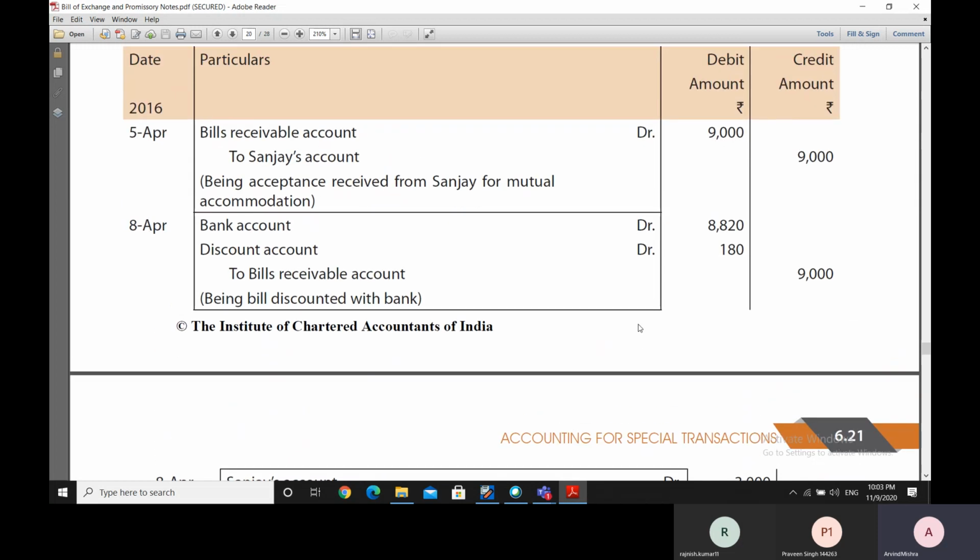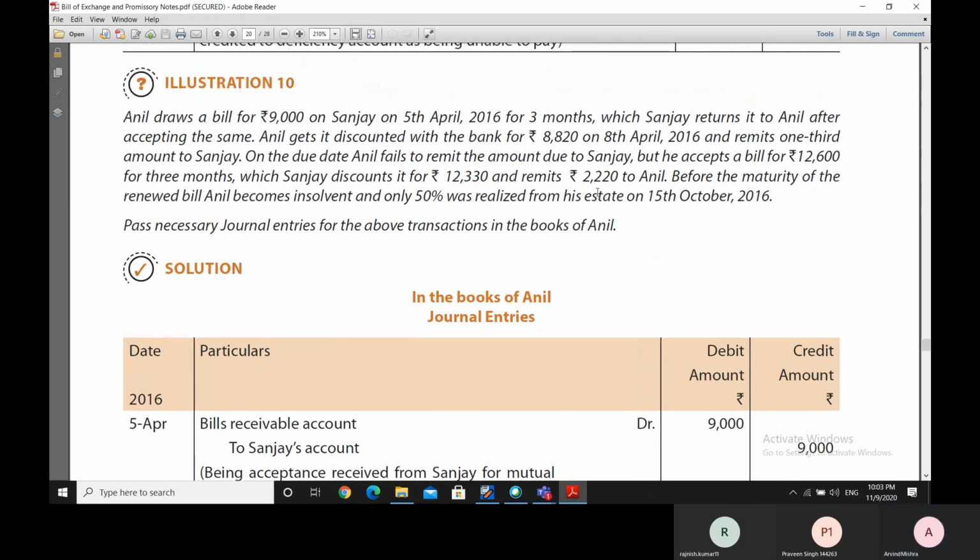So thereafter what is happening is the due date arrives, and now on the due date Anil has to remit the amount to Sanjay, because unless and until Anil remits the amount to Sanjay, Sanjay will not be able to meet the bill. So on the due date Anil fails to remit the amount which was due to be paid to